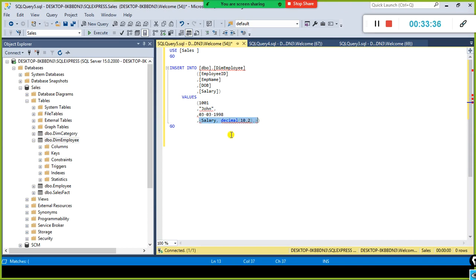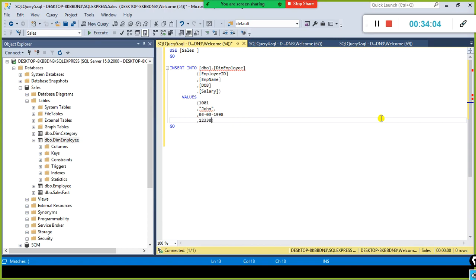whatever the less than and greater than sign, right, between this, whatever the value is, including the less than and greater than sign, you need to replace it with the values, the salary. So in this case, the last one is salary. This is for employee ID, we mentioned the value here. This is the column name, and employee name is the column name. What value should go here? John. So date of birth, we specify the date of birth here, and here I just specify the salary as